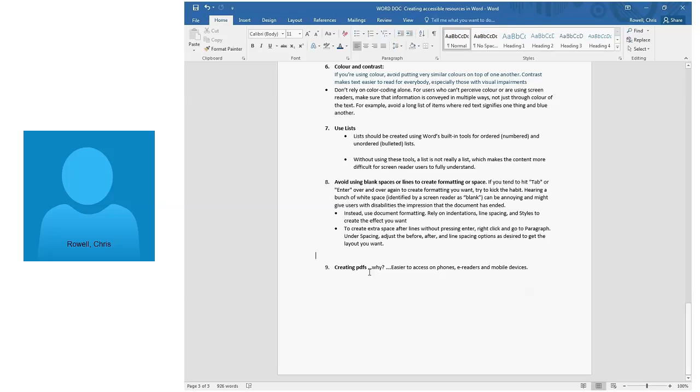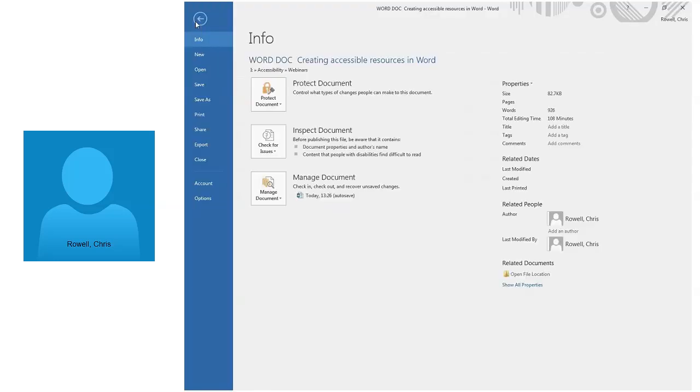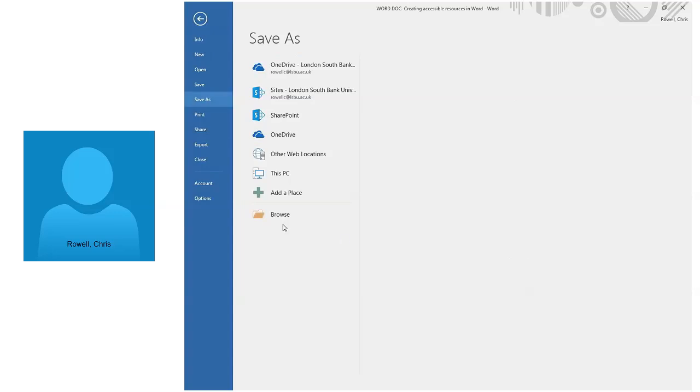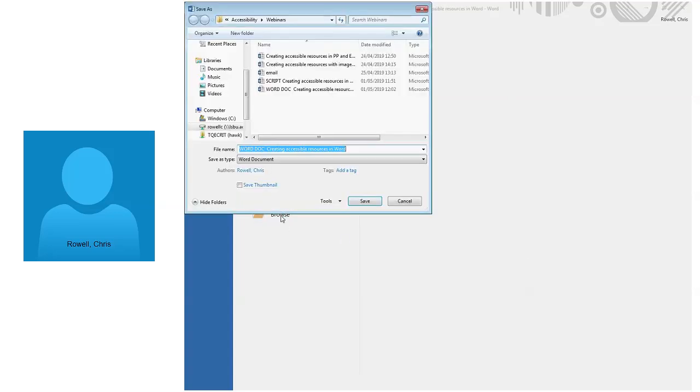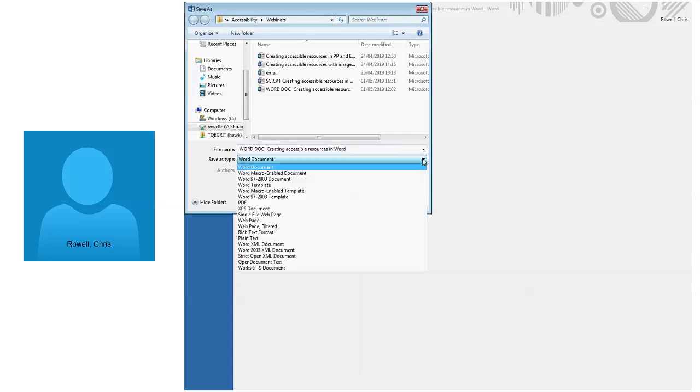And having it in a PDF will structure the document and it won't lose the formatting when people come to read it. So the easiest way to do that is to go back up to the File menu, top left hand corner, and go to Save As. When we save the document, at the moment it's got the file name, but below that it's got Save as type. Rather than Word document, if we click on the drop down box, we've got the option of